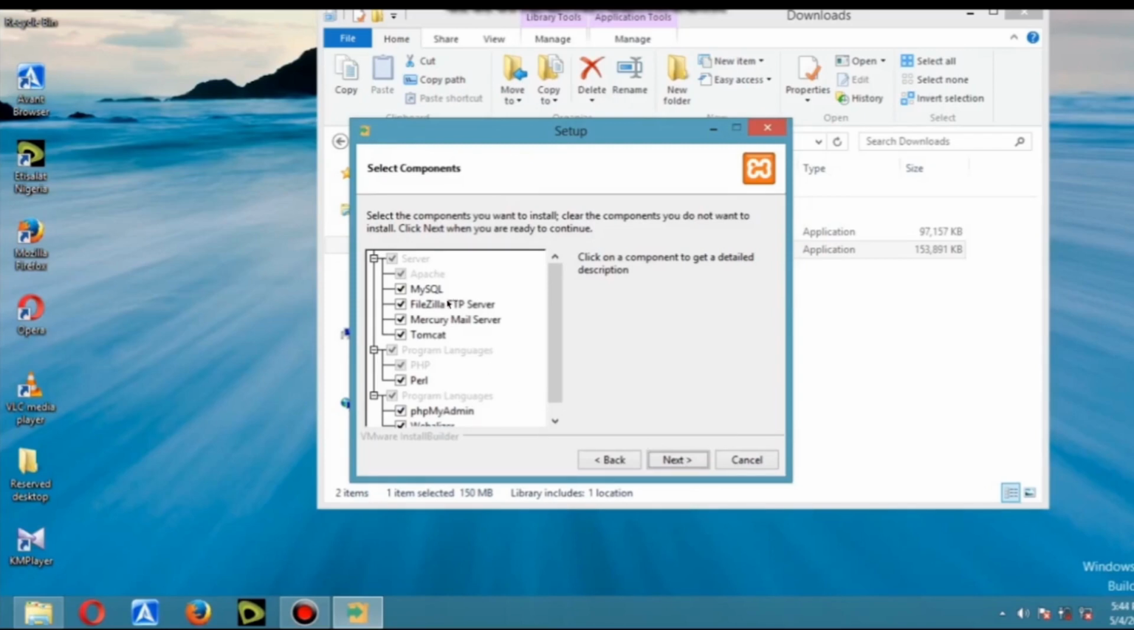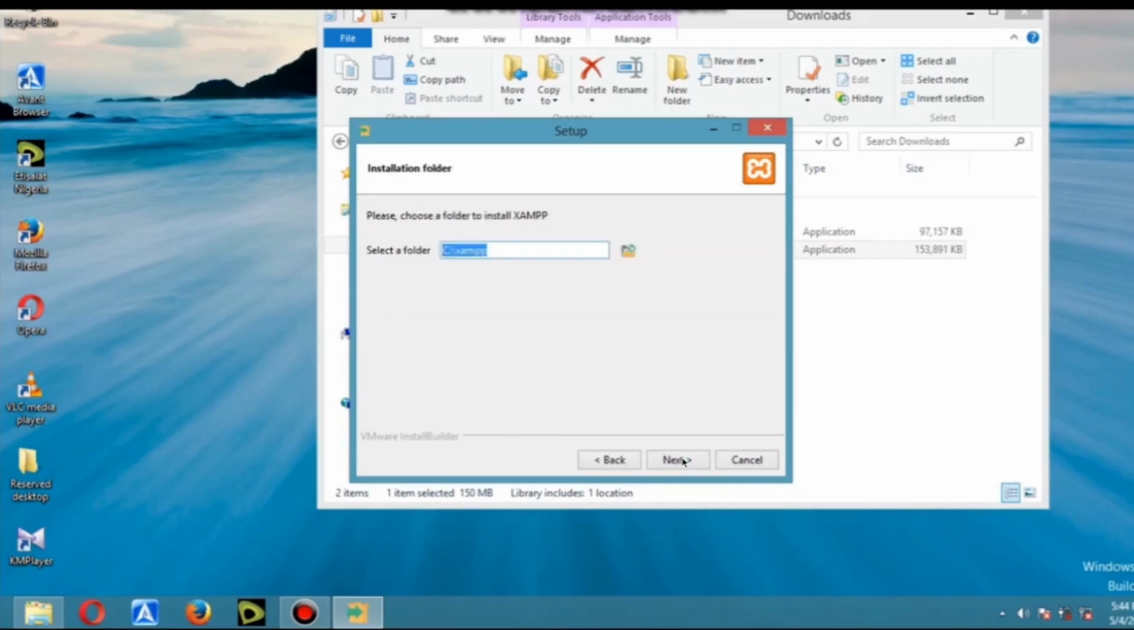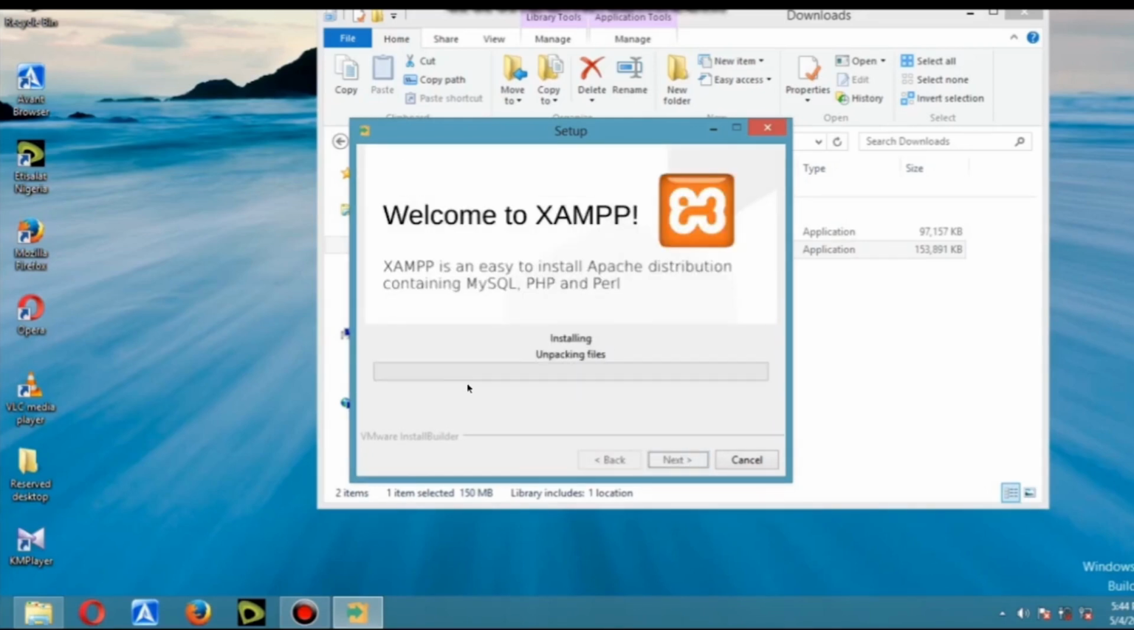You can see all the applications incorporated into XAMPP. We have MySQL, FileZilla, PHP, phpMyAdmin, and many others. You just click on Next. Leave the default folder and click on Next, everything Next. And your installation should begin. This installation usually will take some time, so I'm going to pause this video and we continue once our installation